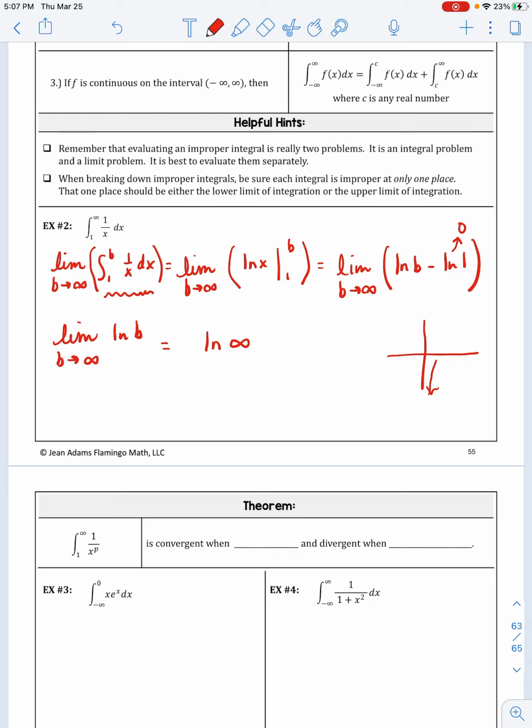Think about the natural log function, okay? I know what the natural log function looks like. This is what the natural log function looks like. What is happening as my x's get larger? Well, it's happening slowly, but my y values are slowly going to infinity, okay? So the natural log of infinity is infinity. If you get an answer of infinity, that means that it diverges, okay? That means that when you're taking,